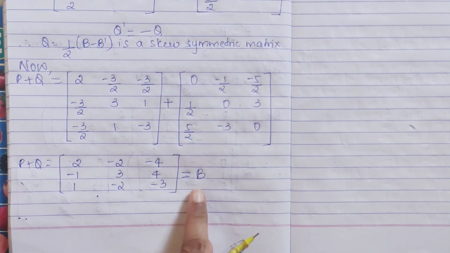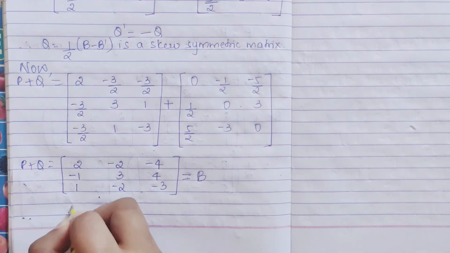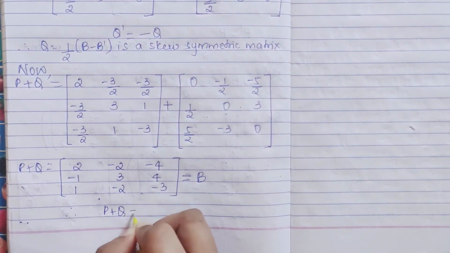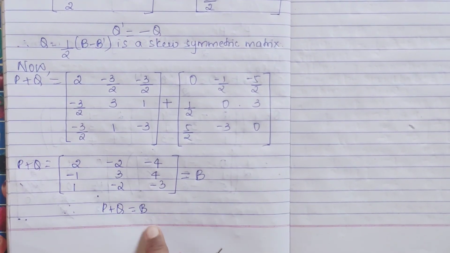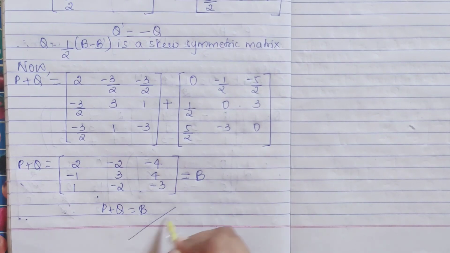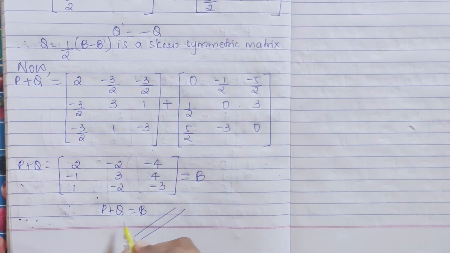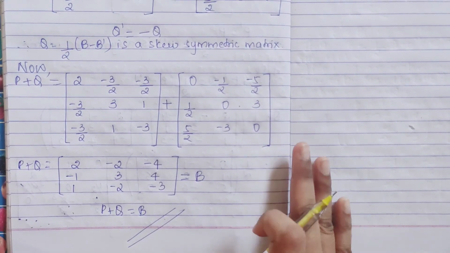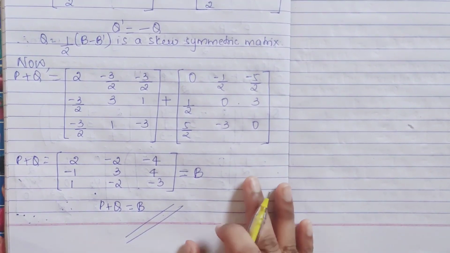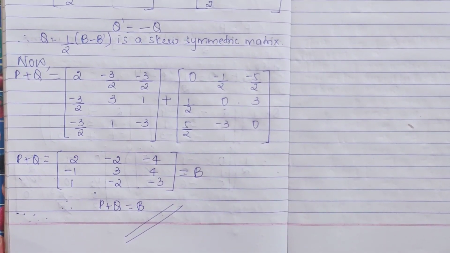The question they have given you is this only, right? See, when you do the sum you are getting the same. Therefore P plus Q is equal to B. B is represented as a sum of a symmetric and a skew symmetric matrix. At the end just write that sentence. I hope now you have cleared up that theorem part, what I meant in your proof sentences. It means this only. To look at, it is very lengthy, but it is very simple and easy.